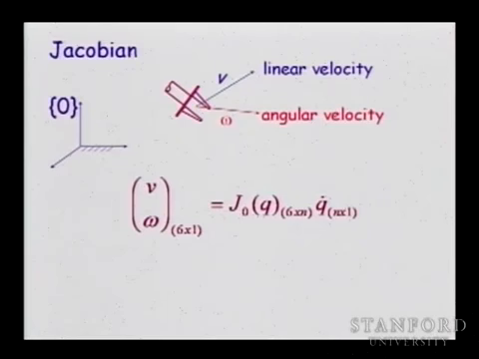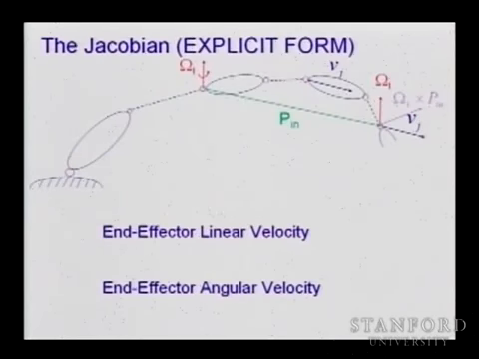q dot gives you the linear and angular velocities. And we will see that essentially this Jacobian is really related to the way the axes of this robot are designed. And once you understood this model, you are going to be able to look at a robot and see the Jacobian automatically. You look at the machine and you see the model automatically through this explicit form that we will develop to compute those linear velocities and angular velocities through the analysis of the contribution of each axis to